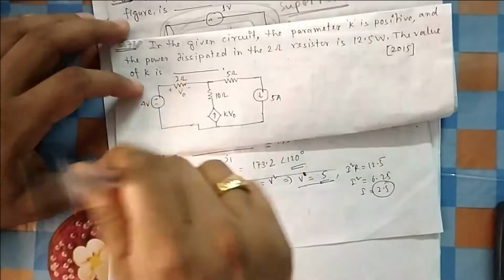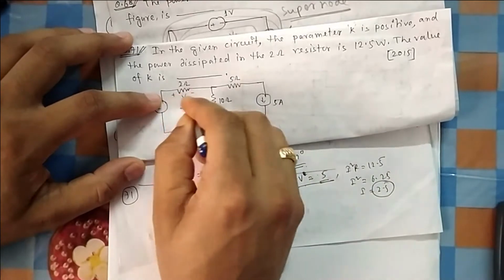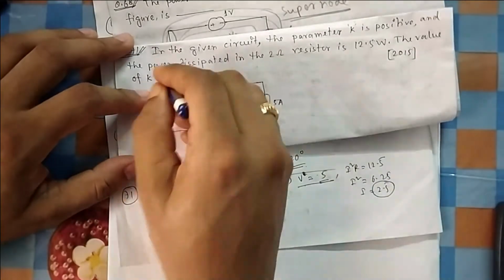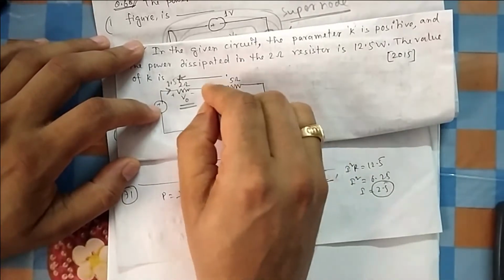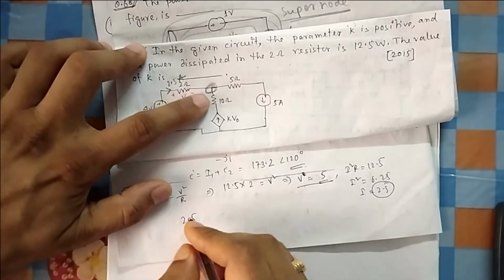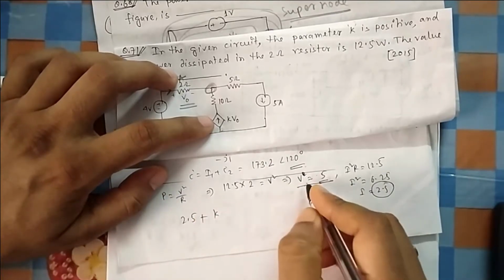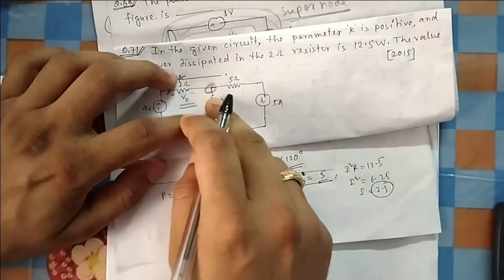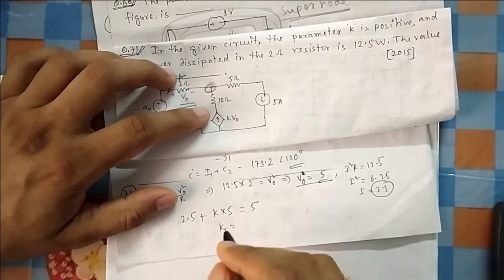Now you need this voltage, you need this current. You got this voltage also, and this current also. What will be the current direction? Because this is plus, in a resistor current flows this way, so this is 2.5 ampere. Now you can take KCL here, so then you can easily find it. KCL: 2.5 is coming, suppose incoming I am giving positive, plus K into Vi0, so K I don't know, and V0 I have calculated, this is my V0, V0 is 5. Incoming equal to outgoing 5. So from here if you calculate, K is equal to half.